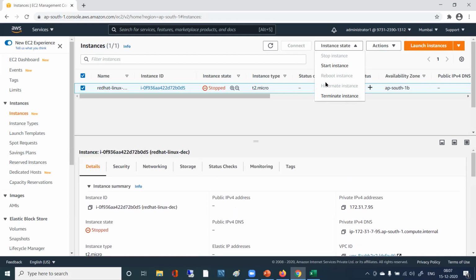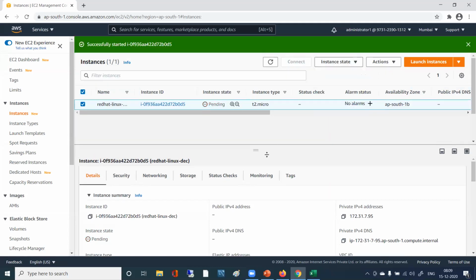So once we start the instance, one public IP from Amazon's pool of public IPs will be assigned to this particular instance, right? And then there will be one name assigned as well. Perfect. So we will start the instance and the public IP will be assigned. So just click on start instance, right? So successfully started.